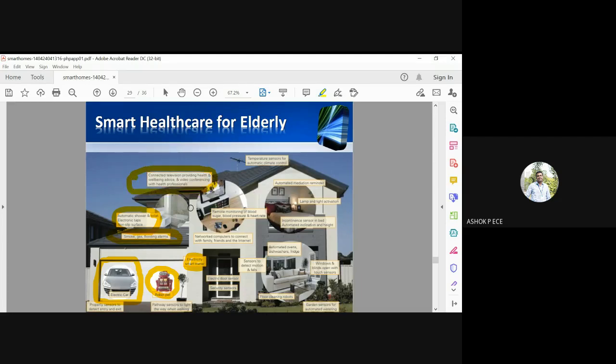As I told you, this TV is not a normal TV; it is a smart TV. The remote monitoring of blood sugar, blood pressure, and heart rate for elderly people and transmitting them over the network to the doctors. Network to computers to connect your friends and family with the internet. So this TV is also a computer to network with your relatives.